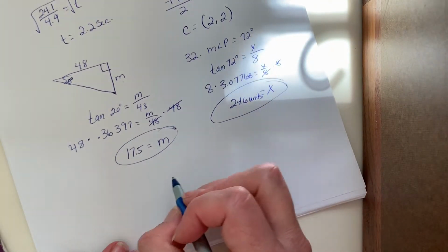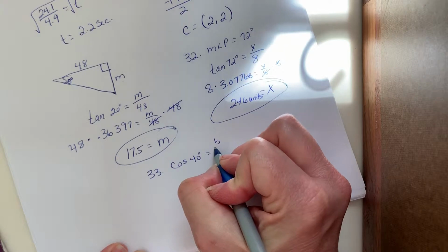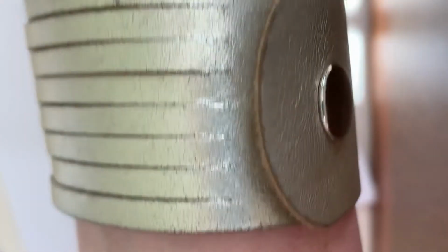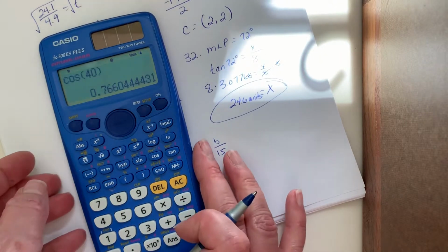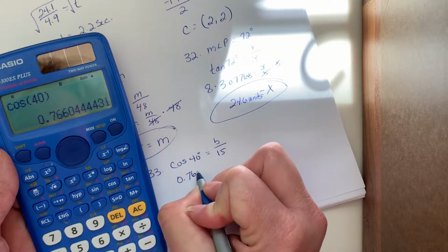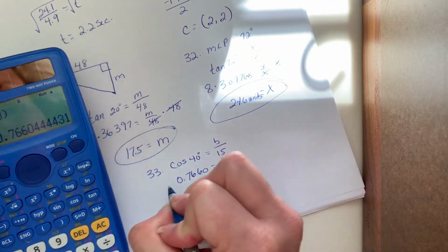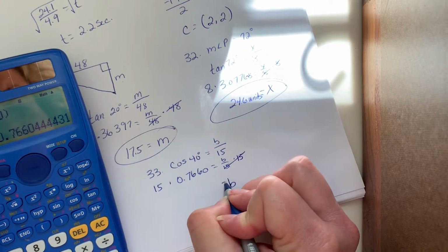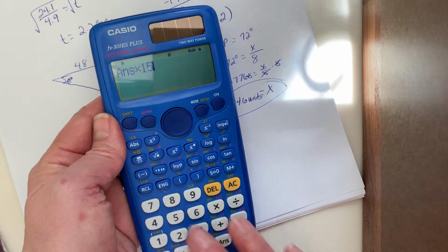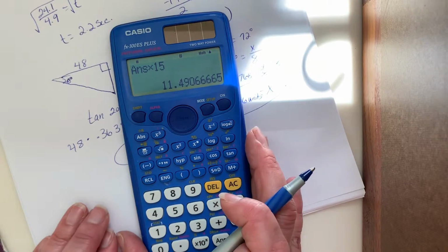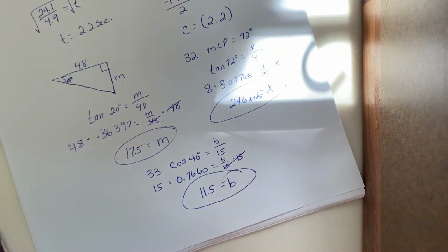So to do number 33, we need the cosine of 40 degrees equals adjacent, which we don't know, over 15, which is the hypotenuse. So here's our calculator. We're going to do cosine 40 degrees equals, okay, so that gives us this answer, and again, we can write this down and set it equal here, but I'm going to leave that in my calculator. And when I multiply by 15 on both sides, these are going to cancel out, so I'll get b equals 15 times the cosine of 40 degrees. So I'm just going to put times 15 in my calculator equals, and it's 11.49. It wants us to round to the nearest tenth, so b equals 11.5,